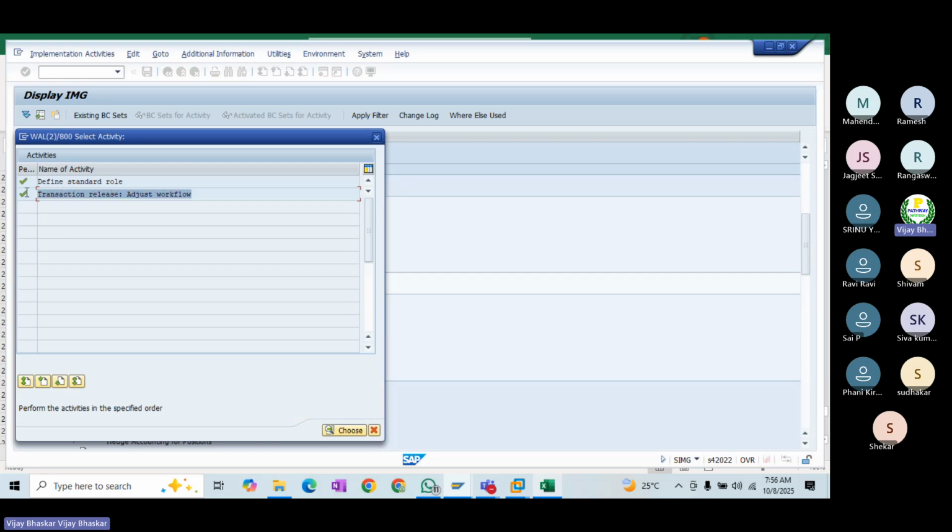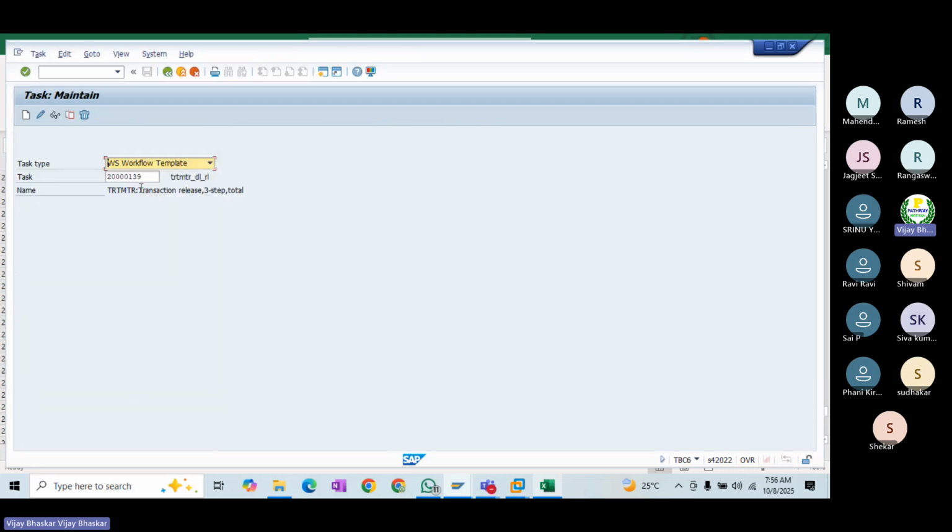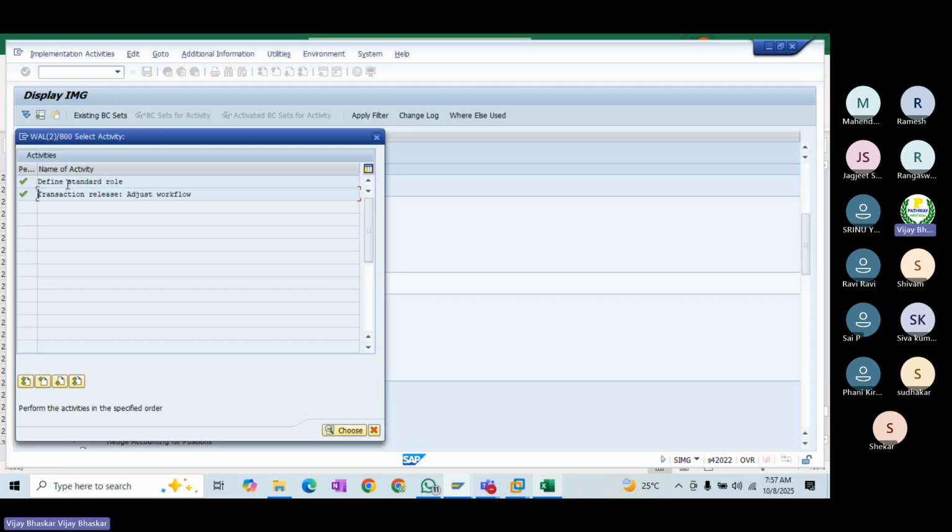Here, you must check this one. What is the standard object? What is the workflow template which has been provided by SAP? Now, treasury transaction release. Total 3 steps are there, but still we have added a user. But that doesn't matter. Come back to define standard role.